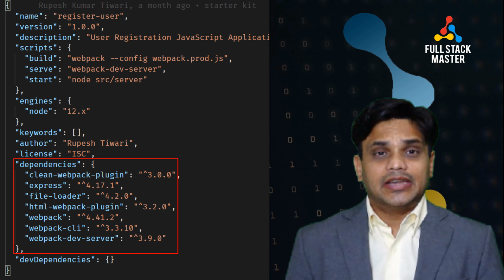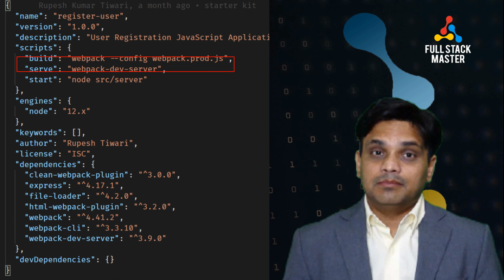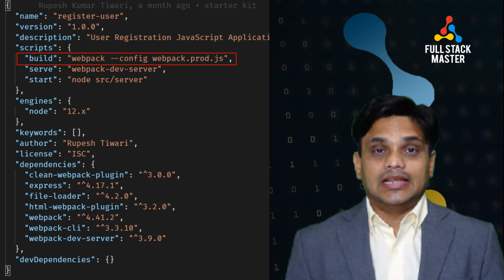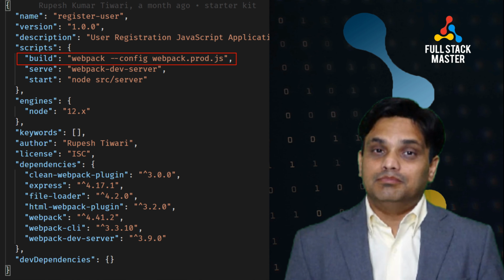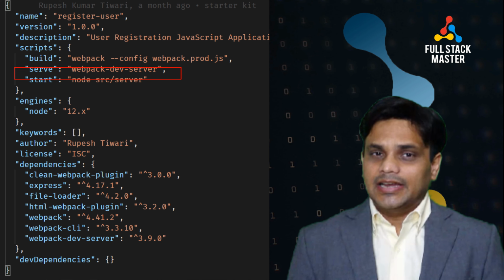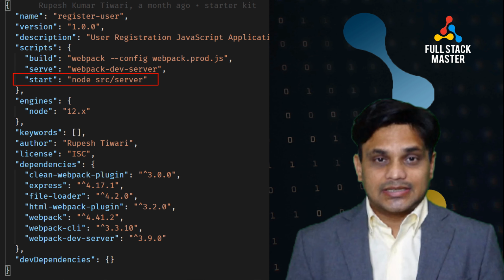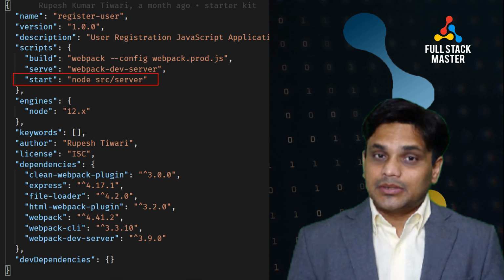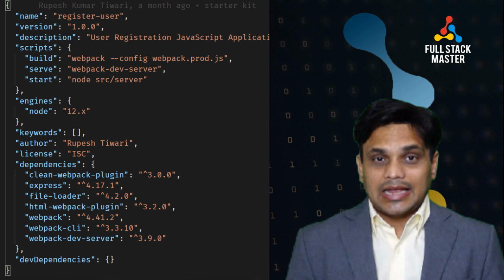The second thing we did is we have added an npm build script. So if you go in your package.json and check inside the scripts, you should have a build script ready. The next thing we did is we have introduced a start script in our package.json. So these are the minimum 3 things that you need to do before you want to deploy your existing Node.js